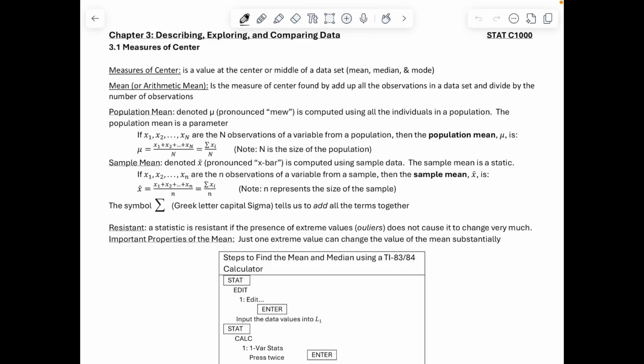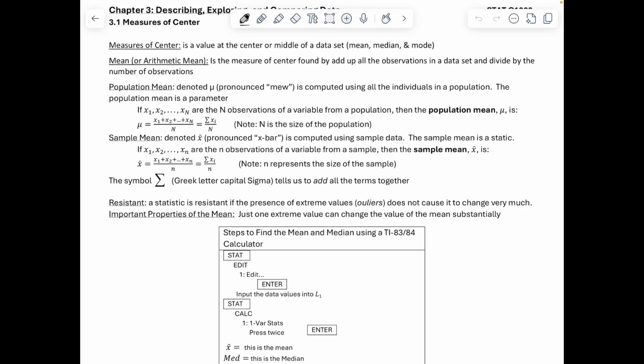This is the first video for the Chapter 3 notes. Chapter 3 is describing, exploring, and comparing data. 3.1 is measures of center. Measures of center is a value in the center or middle of the data. This is either going to be the mean, median, or mode, and we'll talk about each of these down below